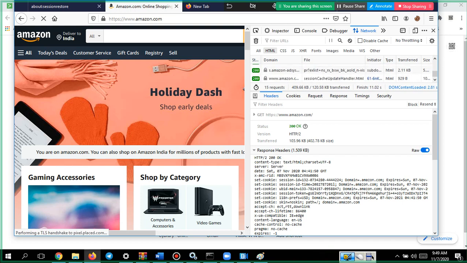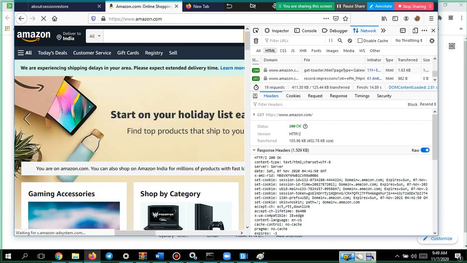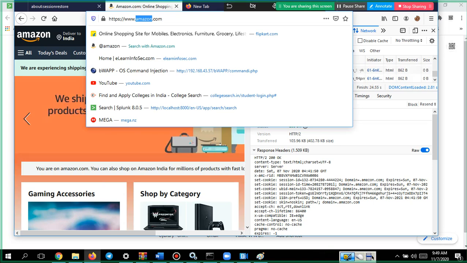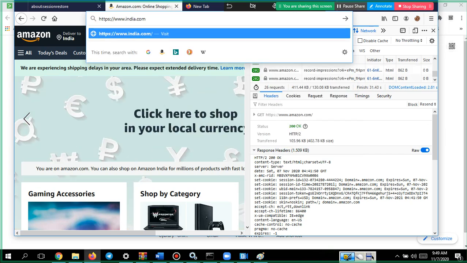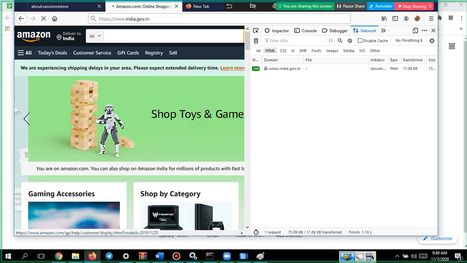They did not mention that they are using Nginx server, because for security reasons they are not letting us know. Let us see some other web server, say for example, government.